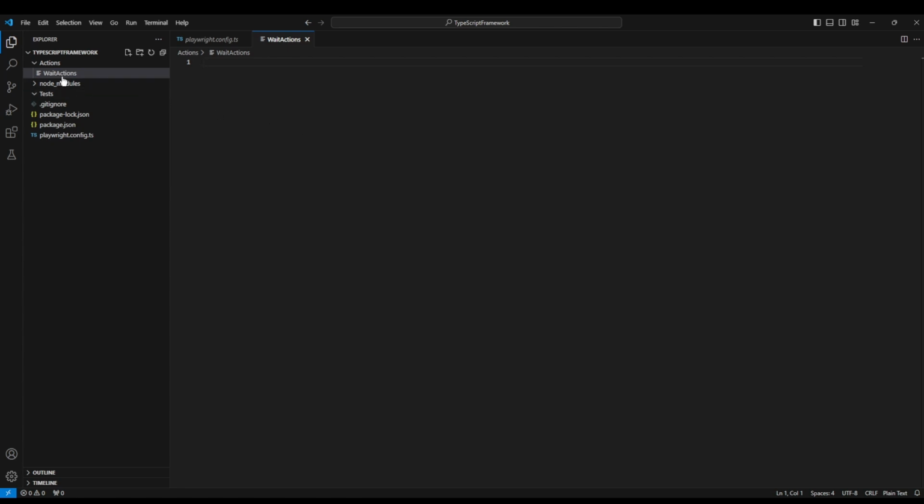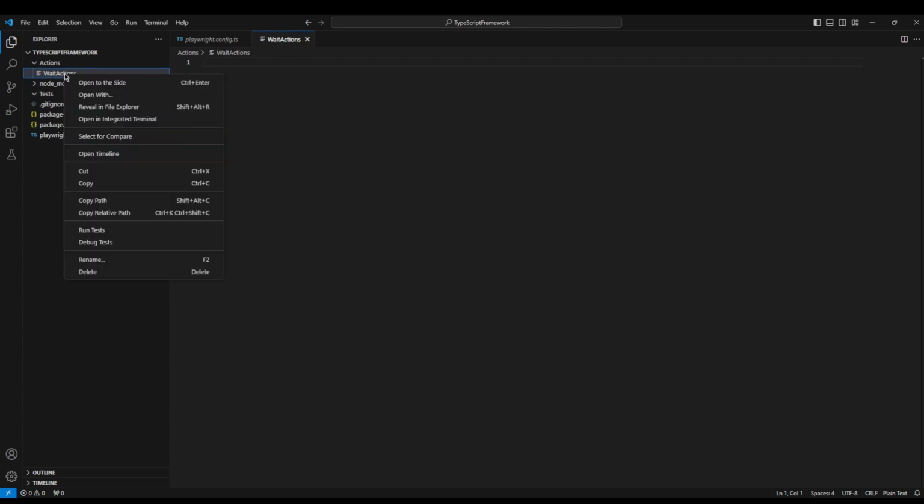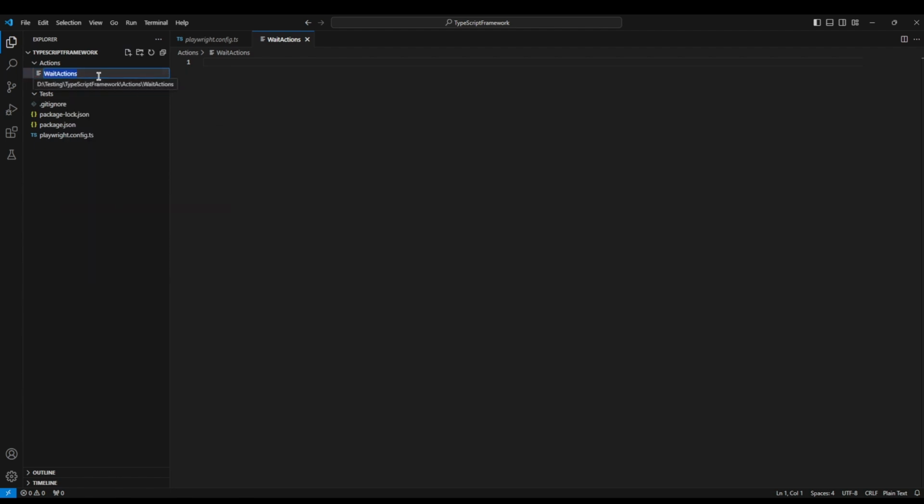Now we have created wait. Oh, sorry, I have not declared the file type. So the file type will be .ts. For TypeScript we will use .ts. If you are using JavaScript, you can use .js. So we are going with TypeScript. So waitActions.ts. Now we will use import